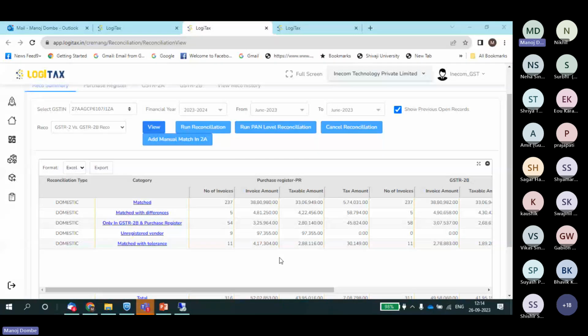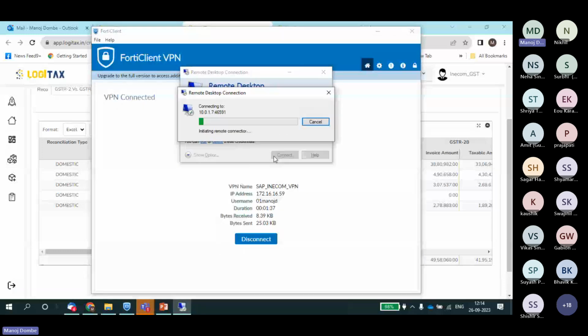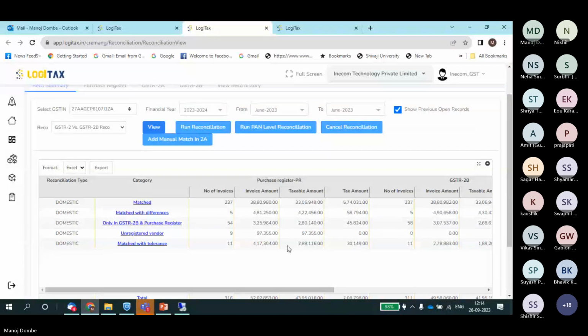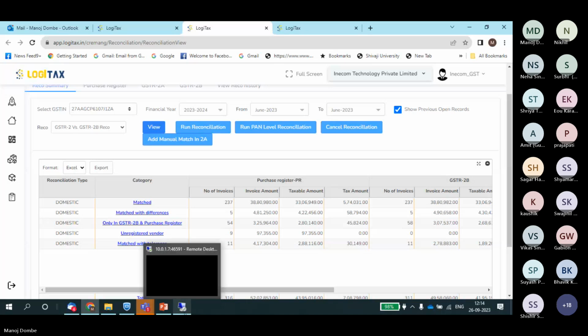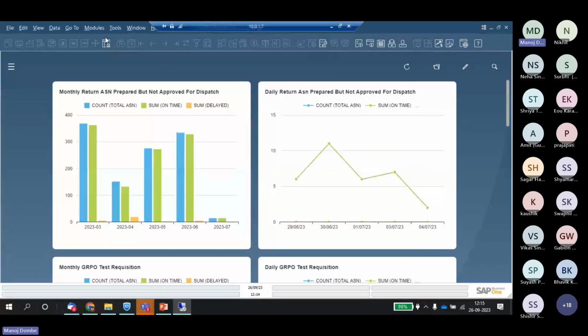So this is the category, and what all categories there are. We have pulled all these categories in SAP against these invoices that are in our purchase register. If we go into SAP again, this type of reconciliation you can perform at Logitax's level. My device was disconnected. So once that reconciliation is done and you are all okay with what has been reconciled,